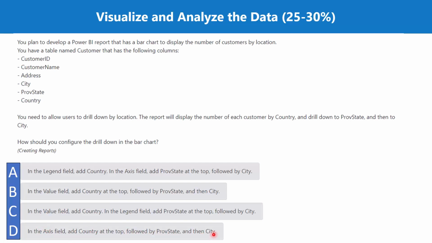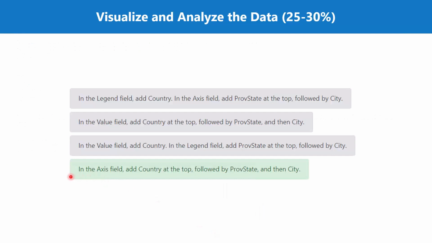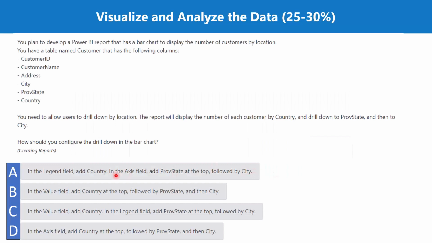So let's look at the answer. The answer says in the access field, add country at the top, followed by province, state, and then city. So here we can say that the actual goal is to create a drill down effect, and for the drill down effect we want to put in the bar chart in the access field the three things that we want